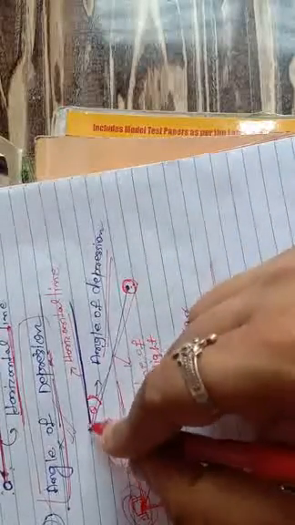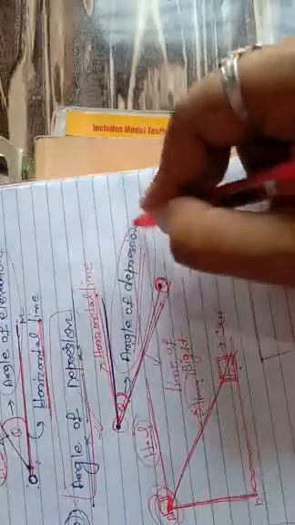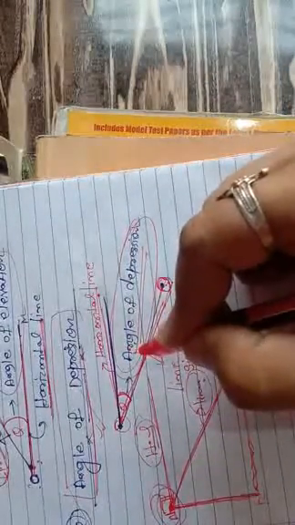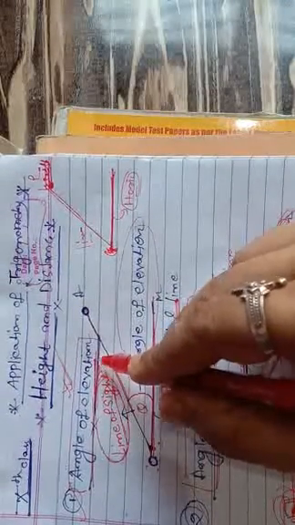So simply we can say that if we are at the top of the building or the top of the home, and anything is moving on the road, and you are watching the car or the object moving on the road, then the line joining the object to your eyes is called the line of sight, and this is the horizontal line. The angle between the line of sight and the horizontal line is called the angle of depression. In the angle of depression you bow down your head to see the object. In the angle of elevation, you have to raise your head to see the object.